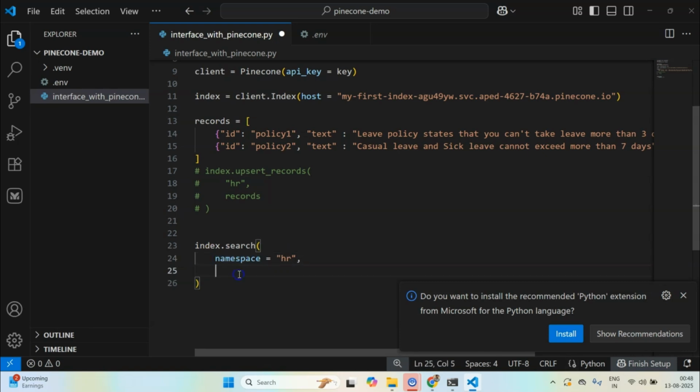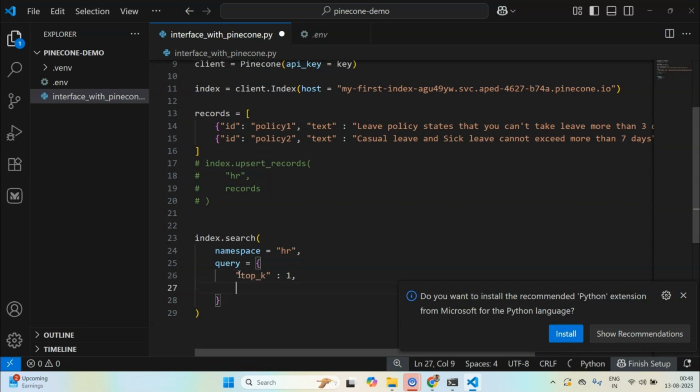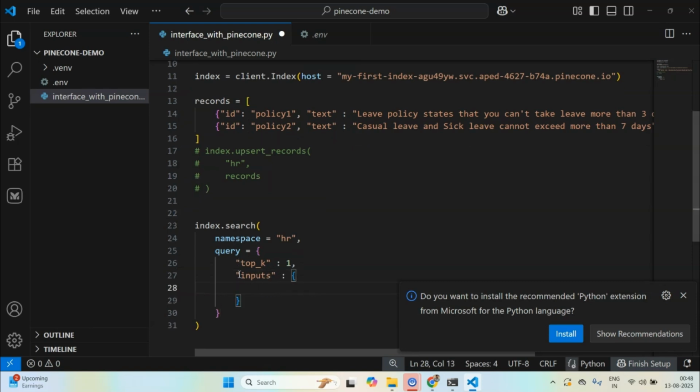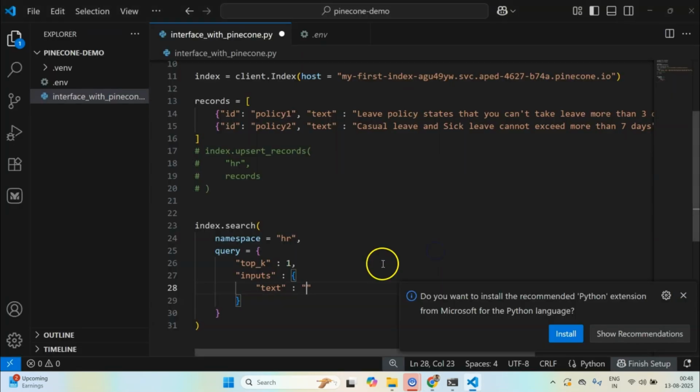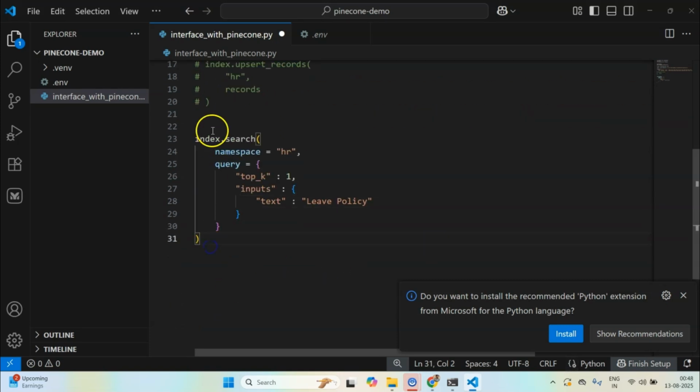After namespace, you need to provide an argument called query, which is going to be an object or dictionary. It will take a top k argument, which let's keep at 1, and then inputs, which will again be an object, and it will have a text. Let's keep the text similar to what we tried here: leave policy. So I'm making a search. Now this is going to return a complex JSON results object, and to see how it works,